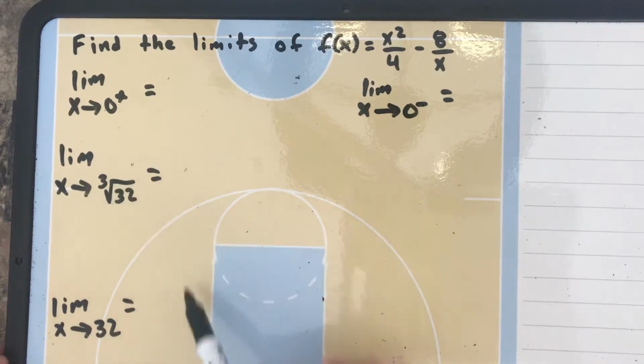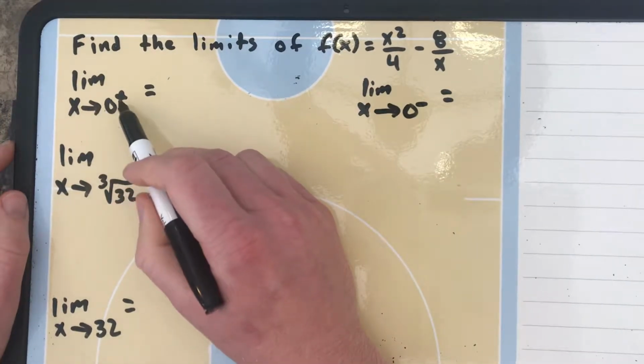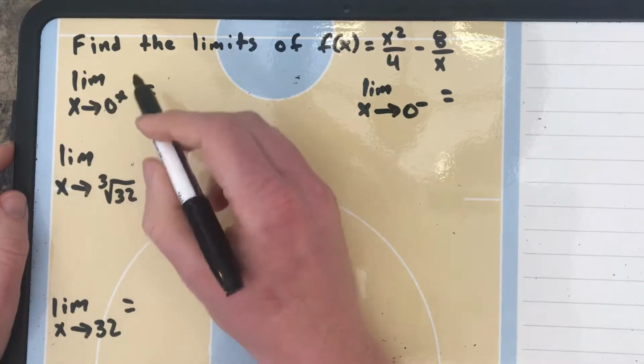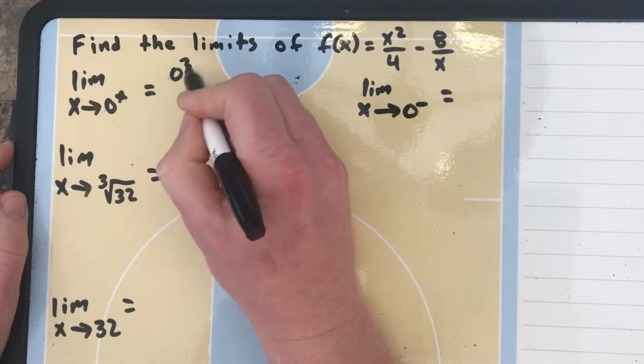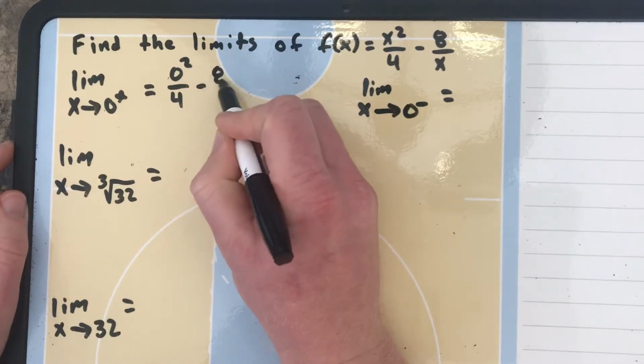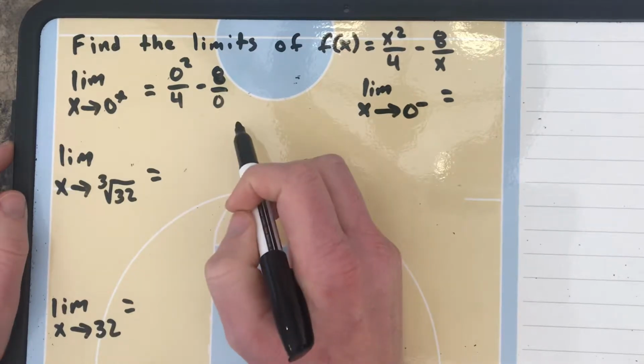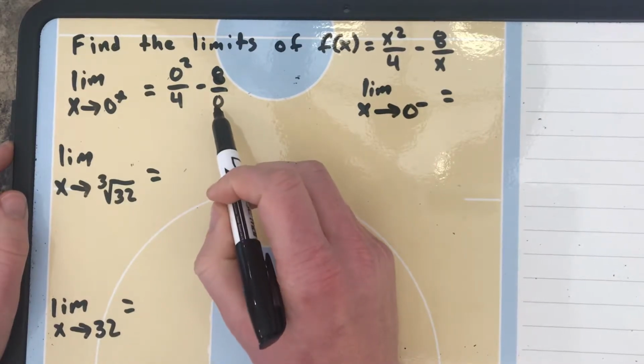It's going to take a little work here. And then the limit as x approaches 32. So let's start with the limit as x approaches 0 from the right. Let's plug in 0 squared over 4 minus 8 over 0. And you see we have a problem here. We have 8 divided by 0. So what we need to do is